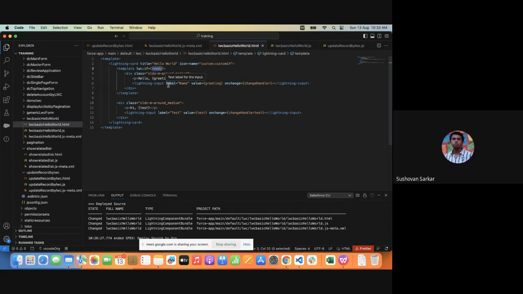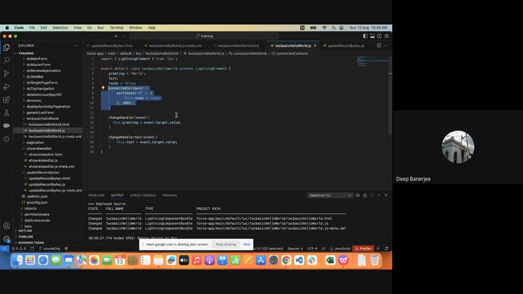So you cannot say it is like that: HTML always loads first and then JavaScript. It's actually a fraction of delay. All together it is loading and you are getting the result on the screen. Because let's say you have written some logic in the connectedCallback. That means you do some query in the Apex logic and you fetch some records and you want to display those records in the